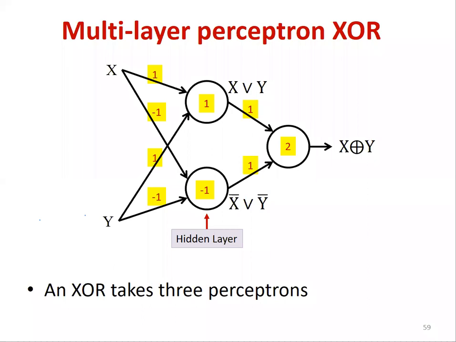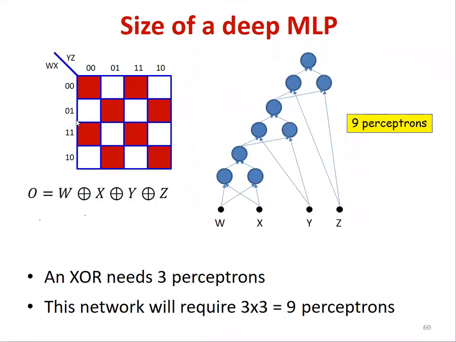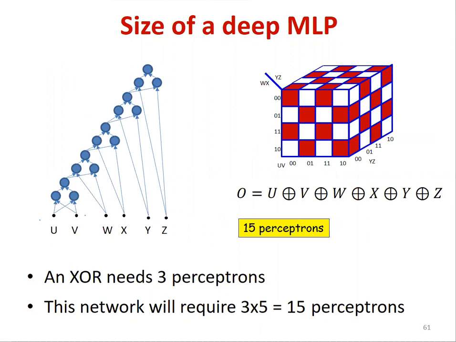And so this thing, I can compose in this manner. First, I do an XOR between W and X, then I XOR the result with Y, and then I XOR that result with Z. Each of these requires 3 neurons. And so this Boolean function can be computed using only 9 perceptrons. Maybe that doesn't seem to have won anything over the more naive implementation of a one hidden layer network. But then you can see that over here.